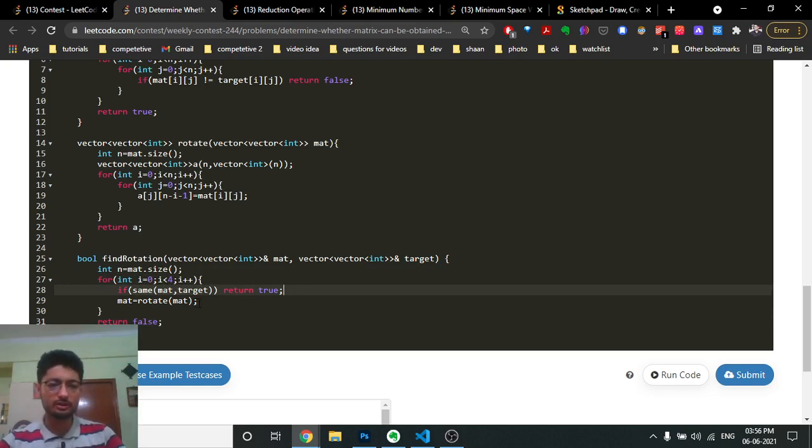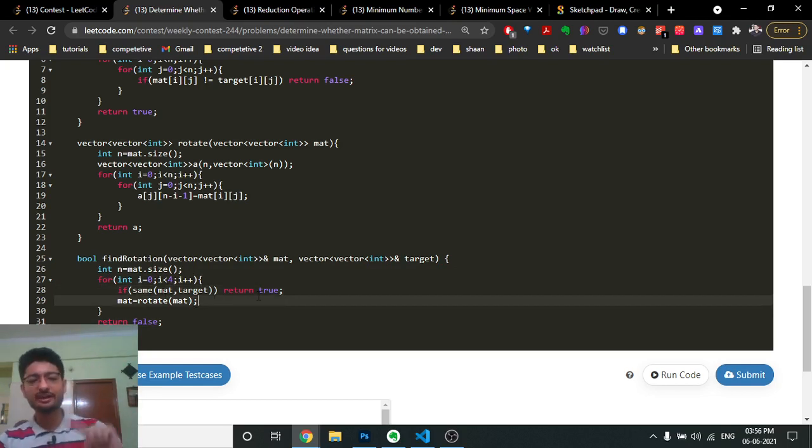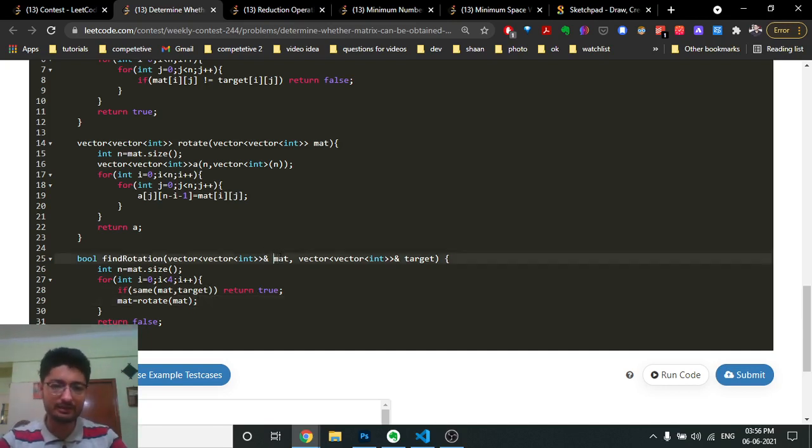Else, you call the rotate function on this matrix mat, and this function returns the new rotated matrix, and then you replace the current matrix with the returned one, so that you can again rotate it 90 degrees. So I'm rotating 90 degrees each time and checking whether this new matrix is same or not. After 4 times, if it does not match, then the answer is false.